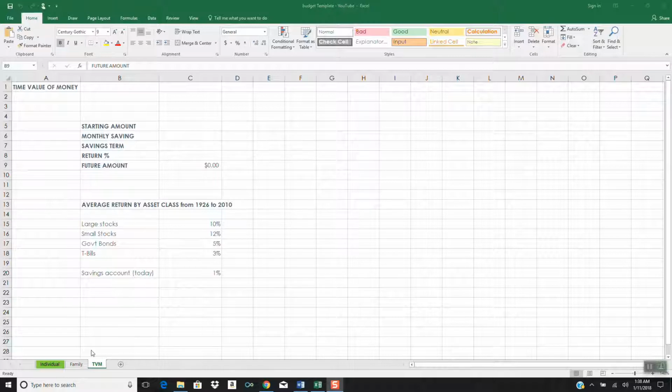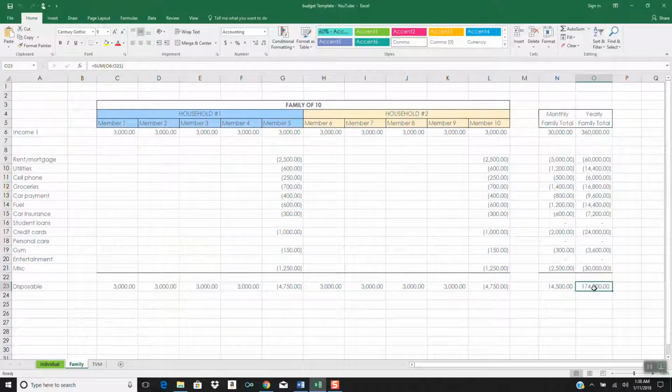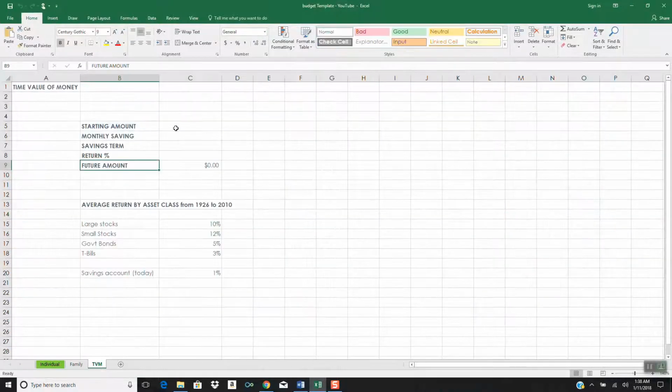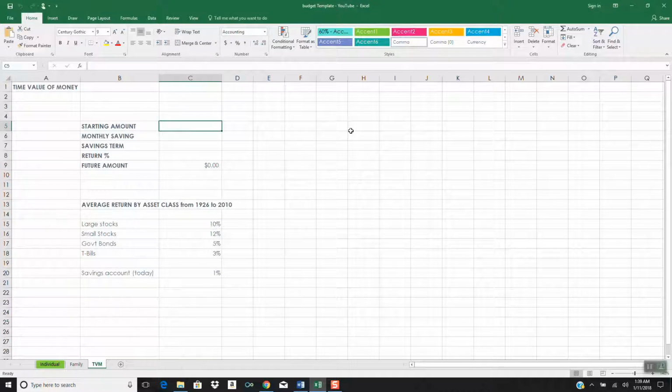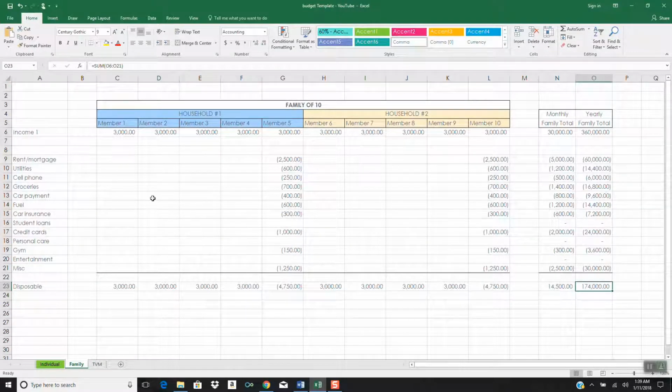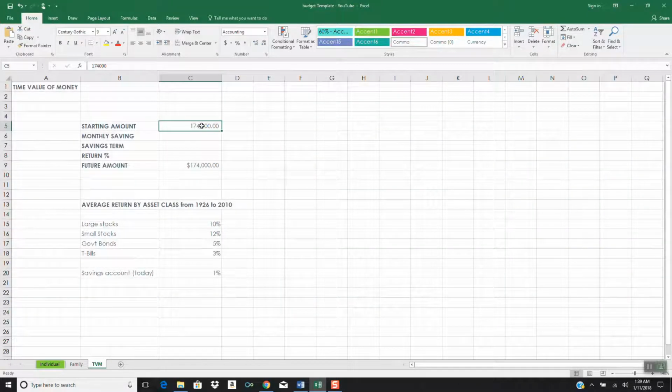And we'll begin here at the starting amount, right? So where would I get this amount? This amount basically comes from the family tab. We'll take this $174,000. Now let's remember what this $174,000 represents within this context, right? Basically what this is, a starting amount. I'm saying that this family has operated under the consolidated terms for at least a year, and at the end of that year, at the end of year one, they have $174,000 saved up. Right now, at the end of year one, they transfer this 174,000 over, and that's basically the end of year one. It becomes the beginning of year two.